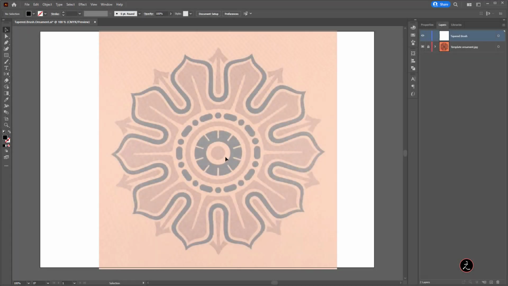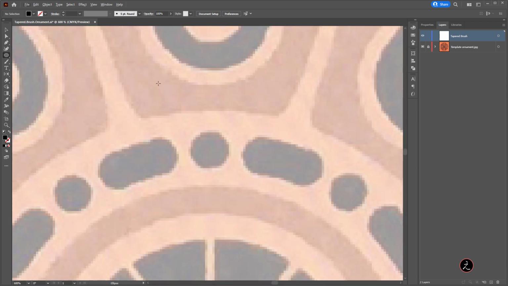So inside Adobe Illustrator with a new document open and a reference photo placed into it, let's go ahead and start this off by creating a tapered brush, which is going to cover this stroke path. Now, tapered brushes are based on circles. So in this case, I will go ahead and grab the ellipse tool and draw out a squashed ellipse. So I'm going to zoom in a bit. I'm just going to click and drag to create a shape as such.